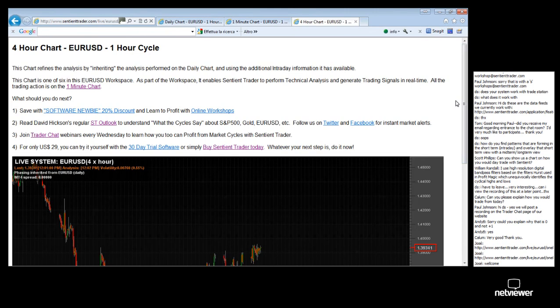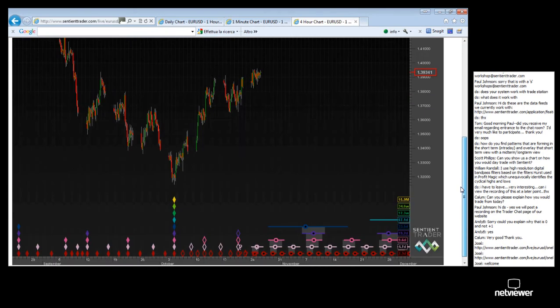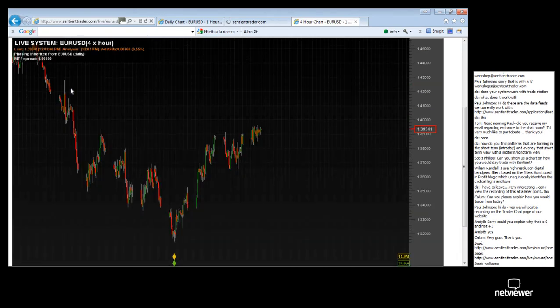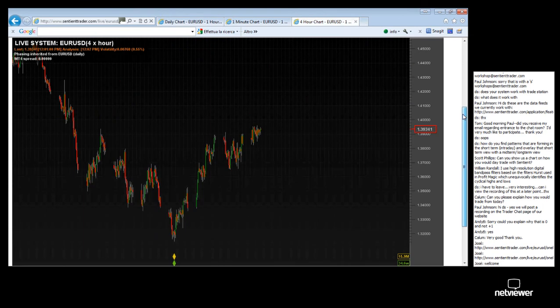So the first thing we look at is the daily chart. Here is the daily chart. In fact, the analysis that it's showing you is the exact same analysis that I've been speaking about today. So I won't dwell on it. As you can see, an 18-month trough over there. Okay. Then what happens is that